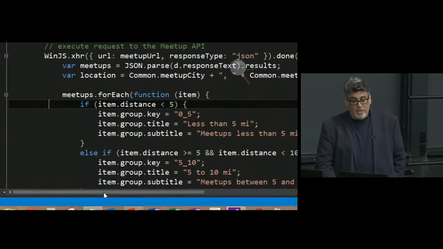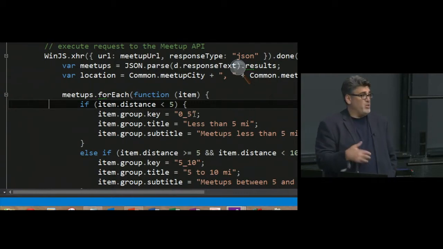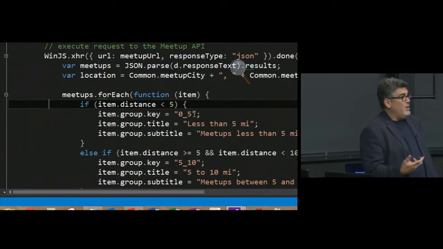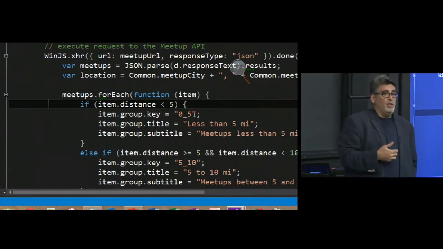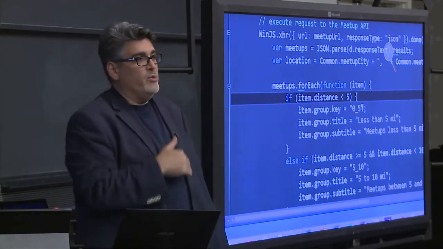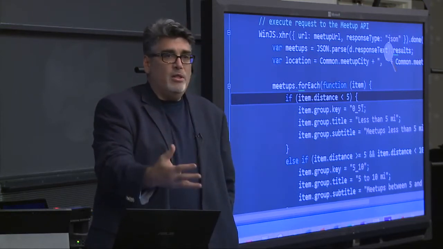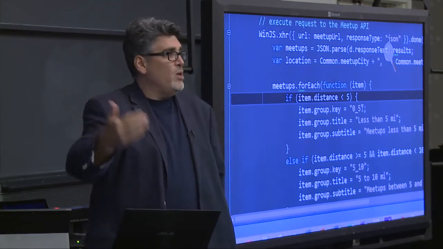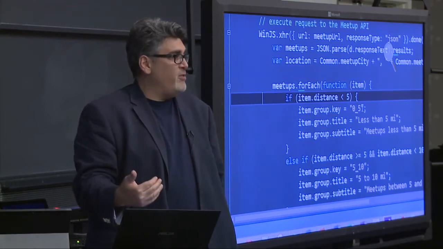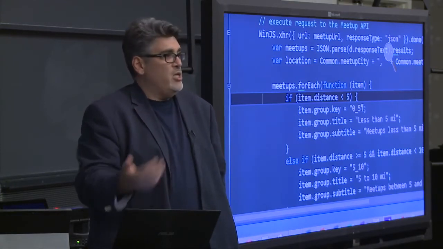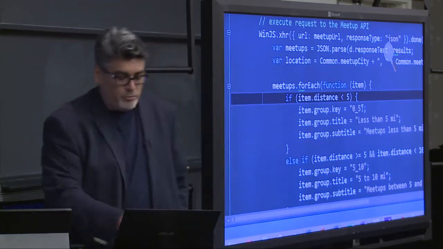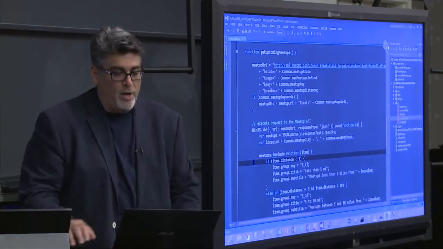So you can see we're just dropping into a for each loop, and then he's just gathering the information about each of the meetups, and he's putting it into the right collections that will be bound to the UI controls. It's exactly the same pattern that we did in C# and XAML, but this is just using HTML5 controls, CSS, and JavaScript to do the implementation. If I go ahead and run this,